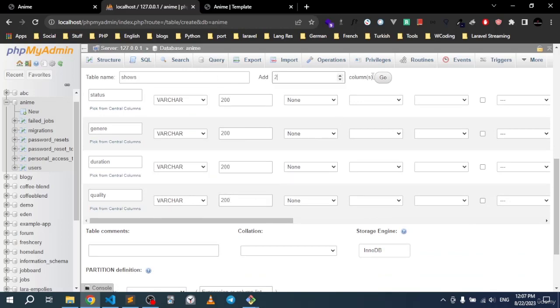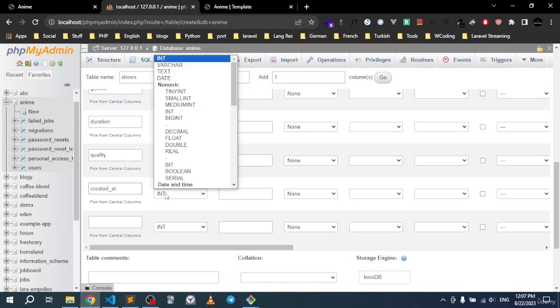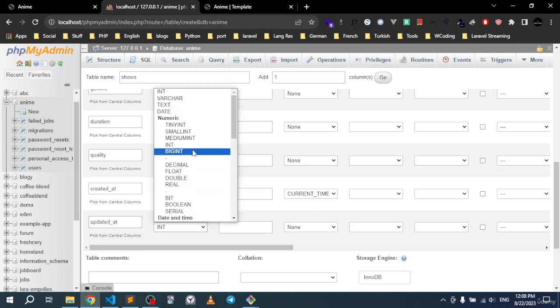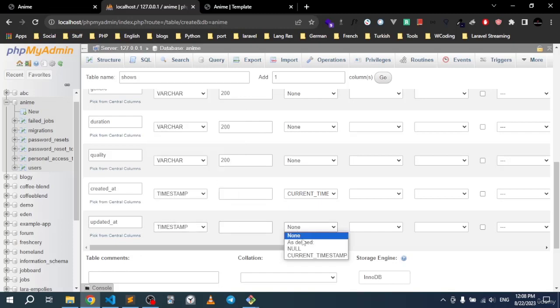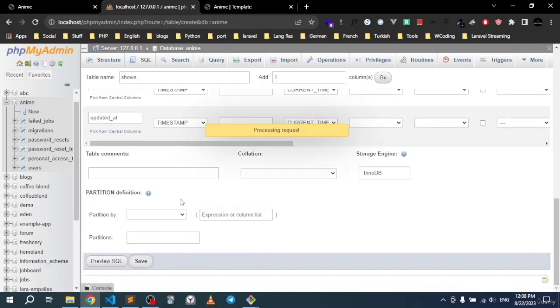And we have to insert a couple more. One is for the created at, and this will be a varchar. Sorry, this will be a timestamp, and for the default it will be the current timestamp, so we can actually grab the current time that a certain record is inserted, and this will be updated at. So this will also be a timestamp, current timestamp, like that. All right, I'm gonna simply uncheck this box, and if I click save,